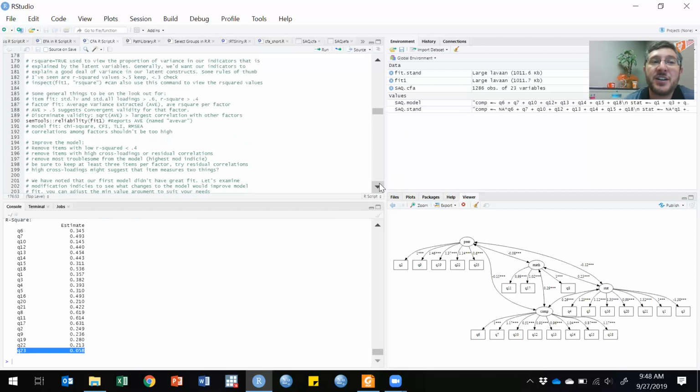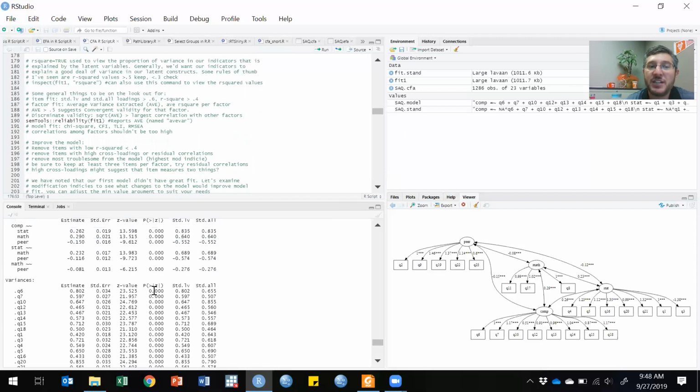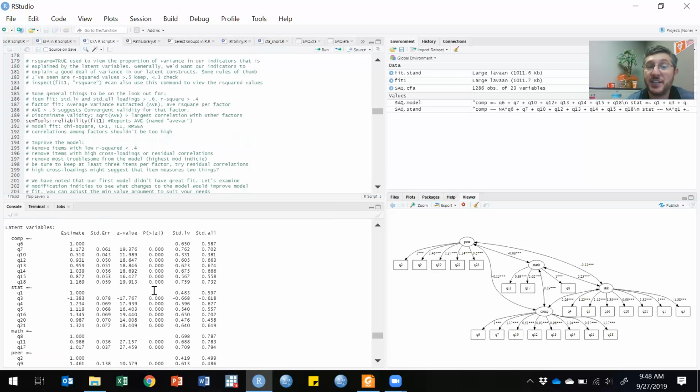In the notes here, like I said, I really tried to annotate this script file a lot so you can read through it as you're working through the syntax. Some general things to be on the lookout for: we want our factor loadings to be large, around 0.5, 0.6 is what we're generally looking for. R square values greater than, say, 0.4 would indicate that the item fits pretty well. For the factor fit,